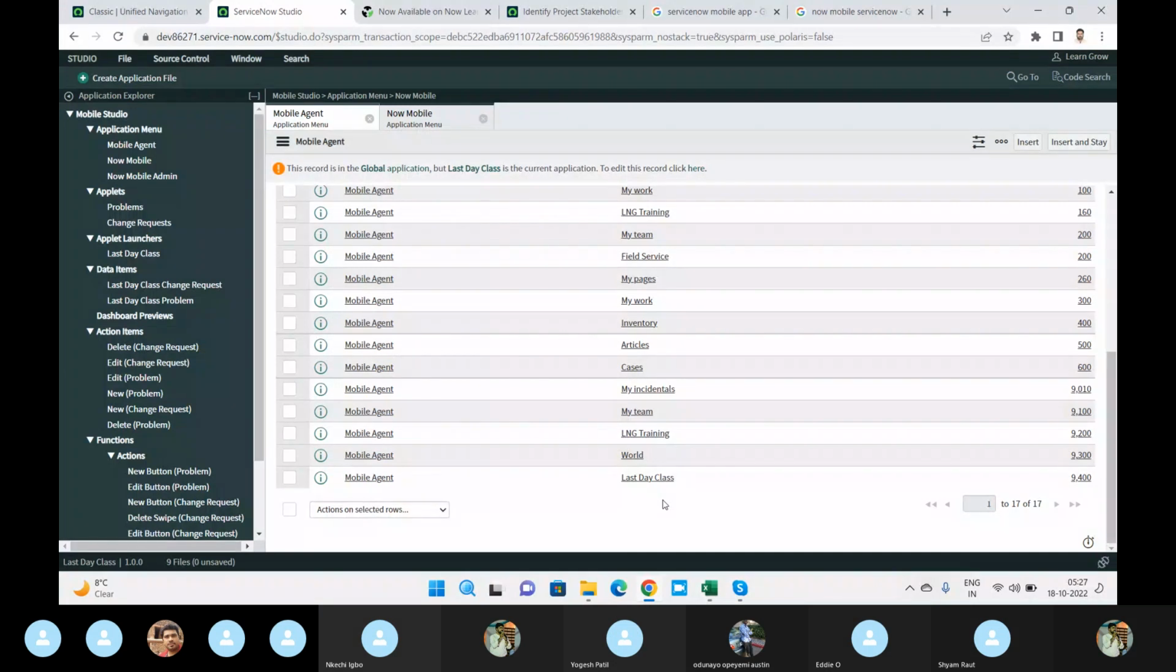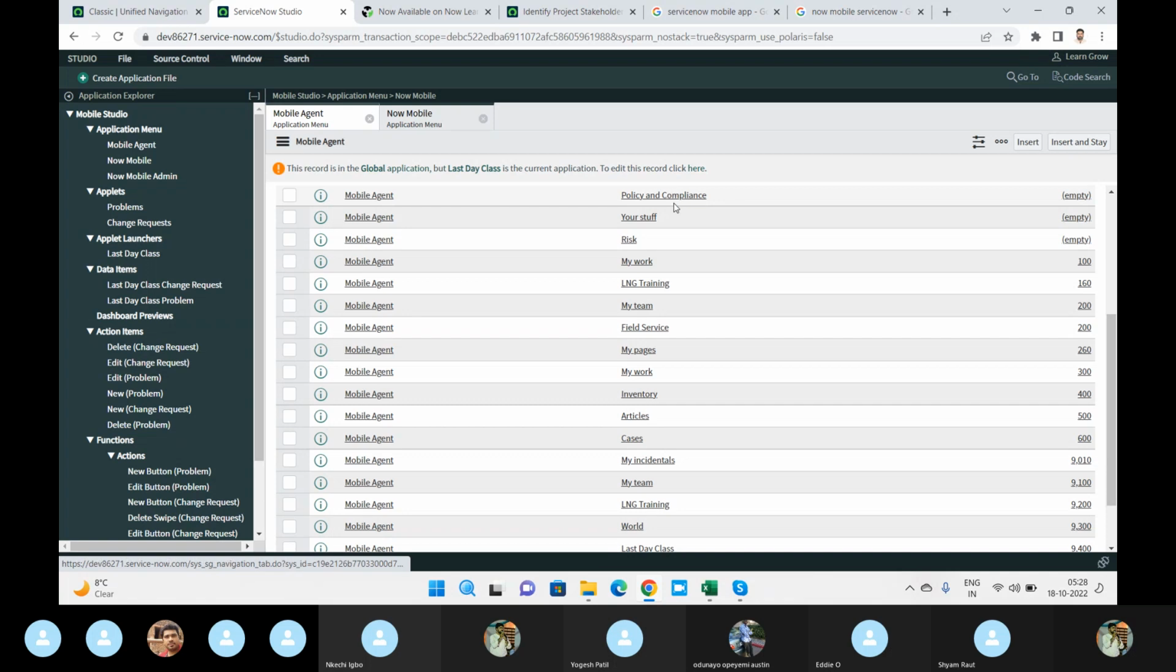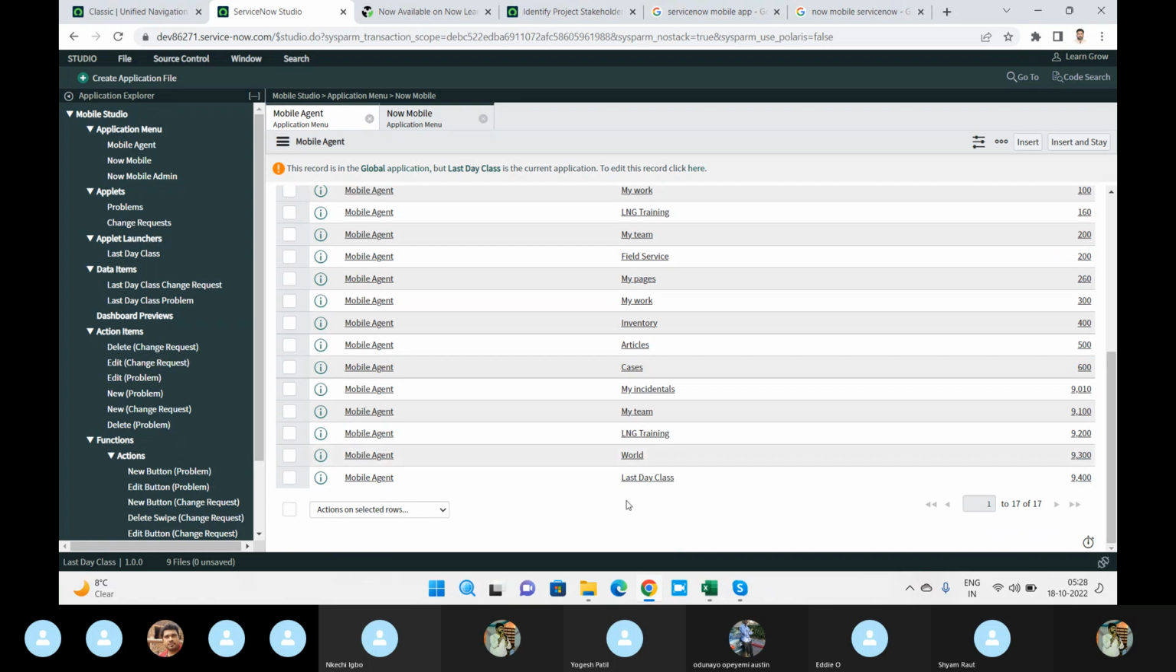Yeah, I can. Okay, so now these are the three mobile apps: mobile agent, now mobile, or admin. The things you're able to see on the login of the mobile app come from these options: compliance, your stuff, risk, my work. Remember, I cannot switch on the mobile again, it will take a lot of time now. So now our app is also appearing here,